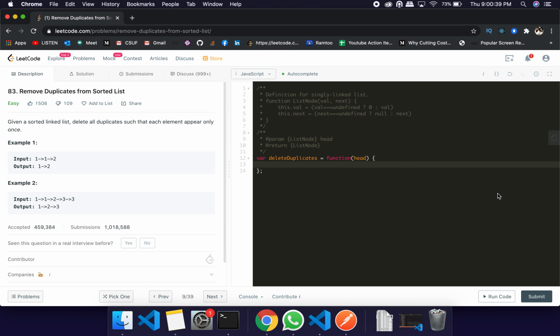Hey everyone, and welcome. So today's question is about removing duplicates from a sorted list. So let's read the question. Given a sorted linked list, delete all the duplicates such that each element appears only once. Okay, so 1, 1, 2, you simply need to make it 1, 2. 1, 1, 2, 3, 3, 1,